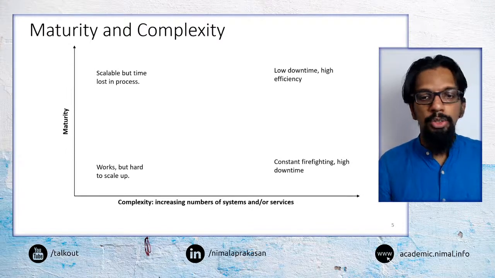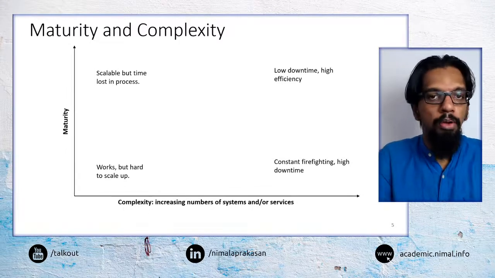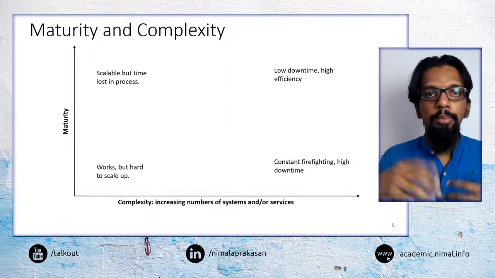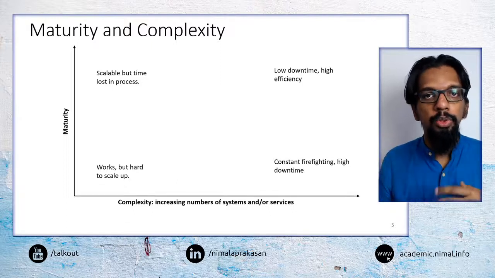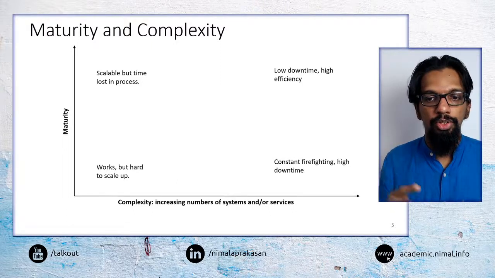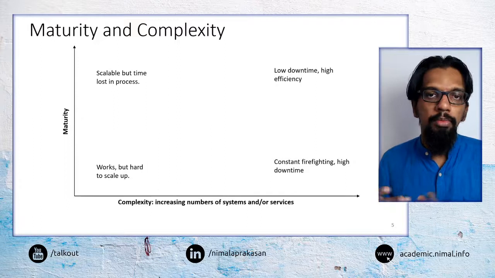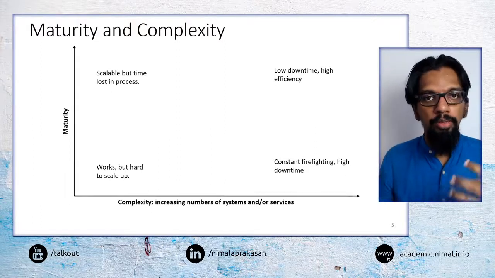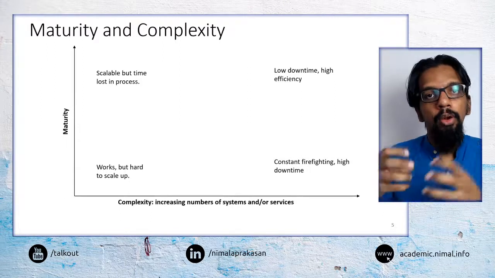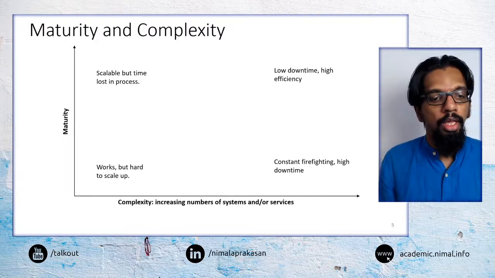So when we say maturity, here we are talking about how long that system has been in place. Say for example, if we develop a software system and that has been in use for like say 5 years or so, then over time it would have been fixed all the problems and everybody is familiar with using that. So you may not get a lot of issues as the maturity